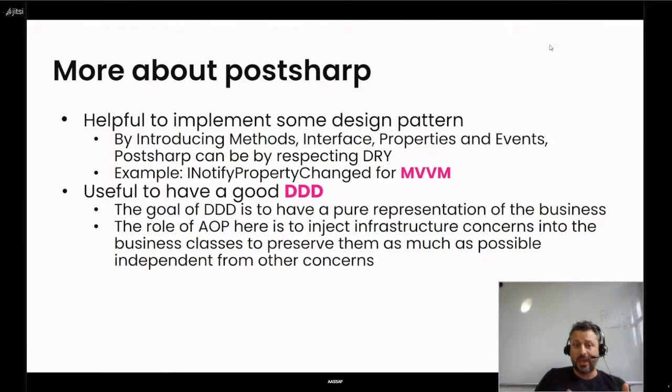So AOP can help us achieve a pure DDD and concentrate our objects on the business logic, and all the additional concerns, maybe related to infrastructure, can be added as aspects, to preserve as much as possible our classes representing the business domain, independent from any other concerns.